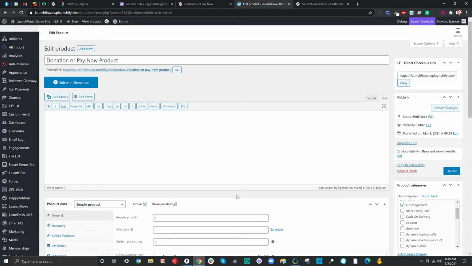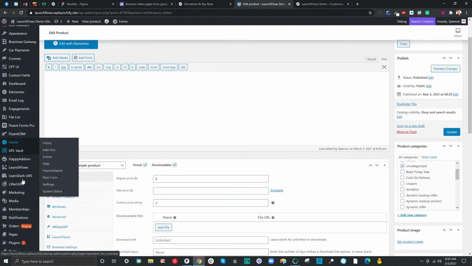Now, typically I like to just use a page, but it would be a really opportune moment to put it, let's say, inside of a course using Lifter or LearnDash. You could put it inside of, let's say, lesson number 3, where somebody's progressing through, and you can say, hey, here's the point at which, if you want, you can upgrade by paying an amount you want. Or if you're doing a charitable type of organization, maybe somebody gets through some information, and you say, here's a great chance to go ahead and donate. Either way, all you need is to create a post type,